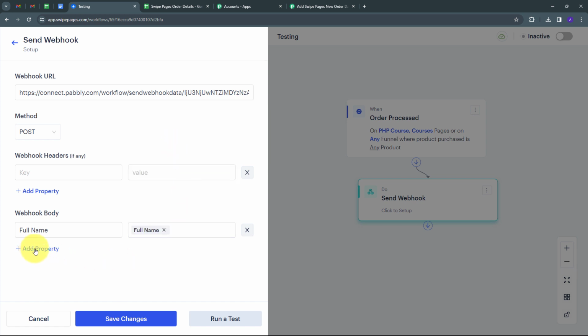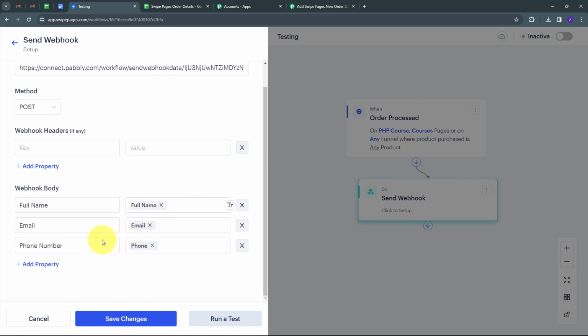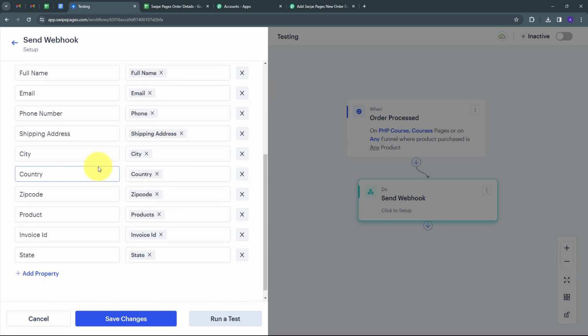Similarly, I'm going to add more properties. So my second property is of email. Now I will give the tag. So my tag will be of email. Now I'm going to add my other properties, and my property will be of phone number. I'm going to add my tag, and similarly, I'm going to add all the properties that I want. So these are going to be all my properties that I want to receive as a webhook data. So I'm going to receive properties of full name, email, phone number, shipping address, city, country, zip code, product, invoice ID, and state. Now I'm going to click on run a test, and I'm going to click on save